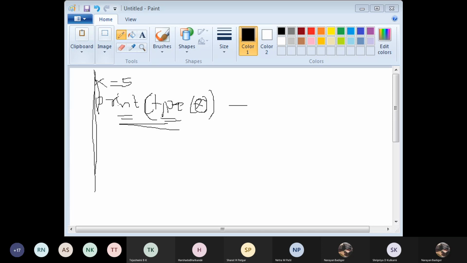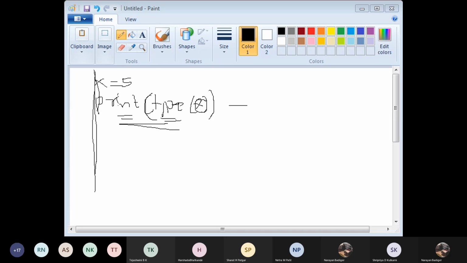Now, how to do that? If I give you some data and I want to know what type of data it is, I will be checking the data is of what kind or of what data type. To do it, we have a function called type function, type.